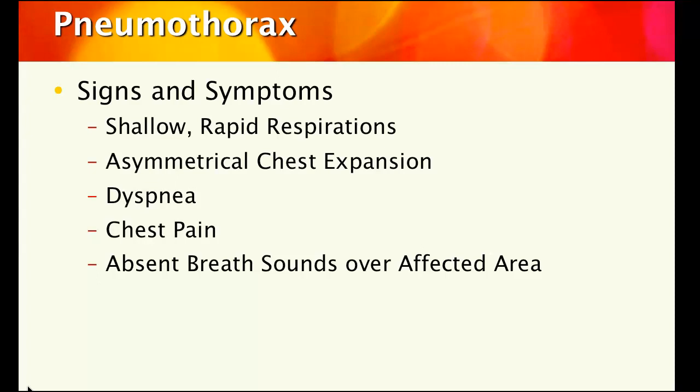So what are you going to see? Spontaneous pneumothorax may not produce symptoms in your very mild cases, but you're going to get profound respiratory distress in your moderate to severe cases. You may see a weak and rapid pulse, pallor, jugular vein distension, anxiety. All of those can indicate a tension pneumothorax. But for most cases, you're going to see sudden, sharp pleuritic chest pain, asymmetrical chest wall expansion and movement, shortness of breath,